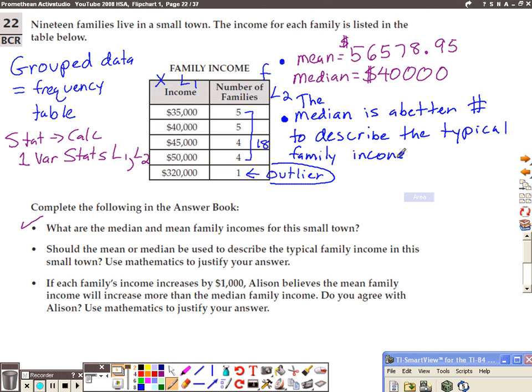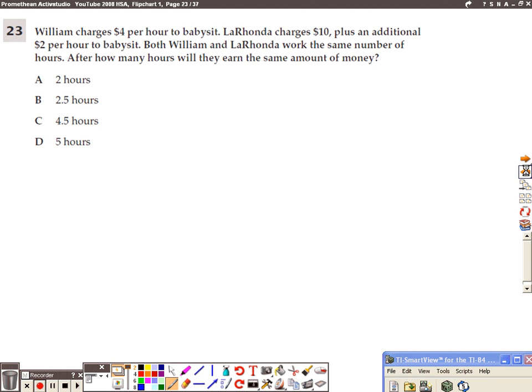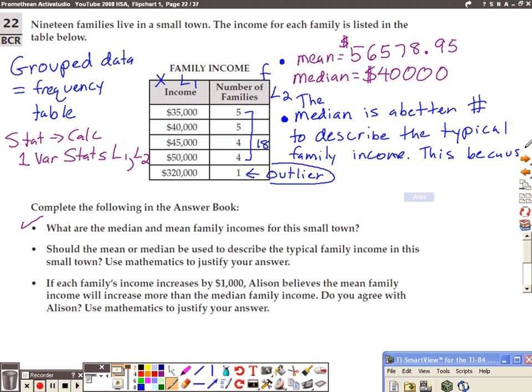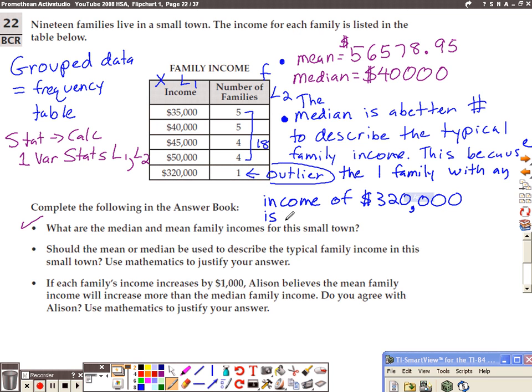And the reason for this is because the one family with an income of $320,000 is inflating, we'll say,